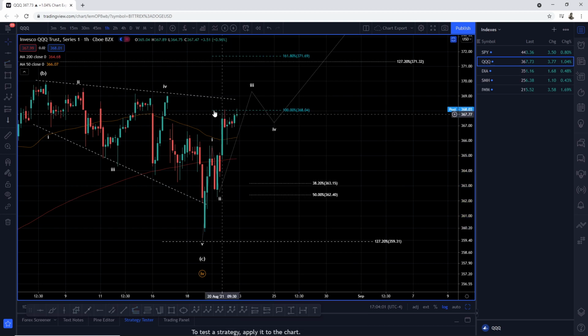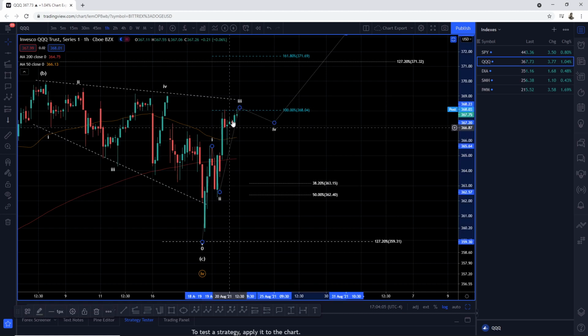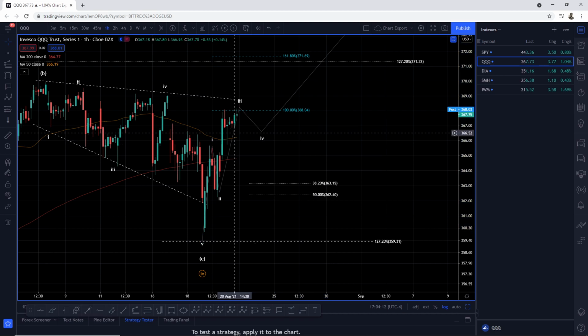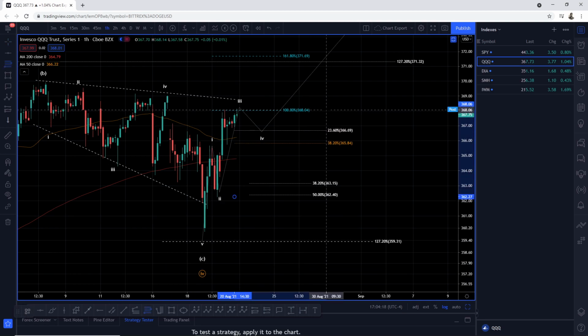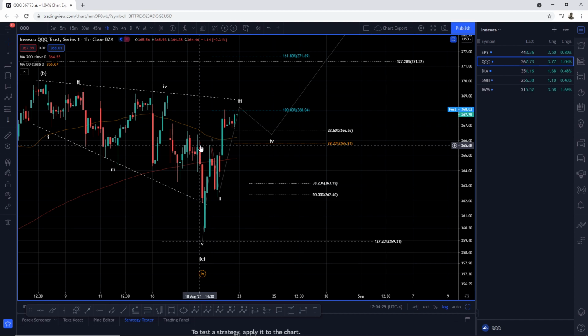We're finding resistance at the 100% extension, but we've already reached it, right? This whole impulsive structure here is a 100% extension of this wave 1. So it's giving me a little bit more confirmation. Perhaps coming into next week, we head on higher, and what those levels for support will be are the following. So assuming that wave 3 ends here, wave 4 zones should come in anywhere between the 23.6 and 38.2, 366 and 365. Okay, this is still well above the origin of the extreme of wave 1.